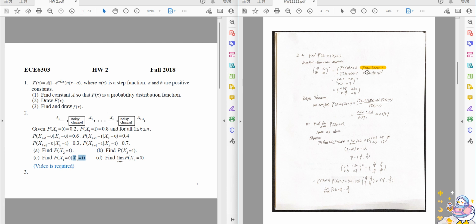And this value is 0.52, and then we can use Bayes' theorem